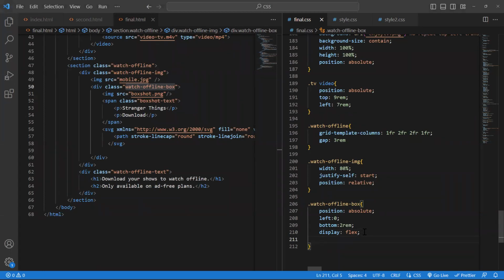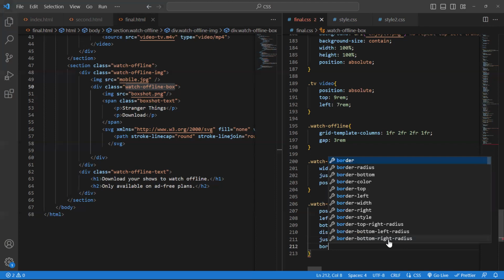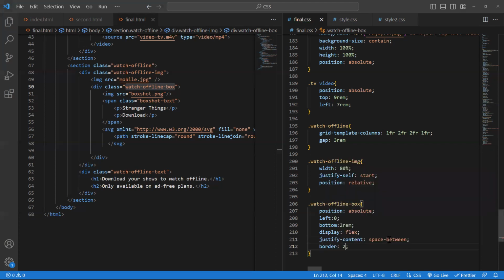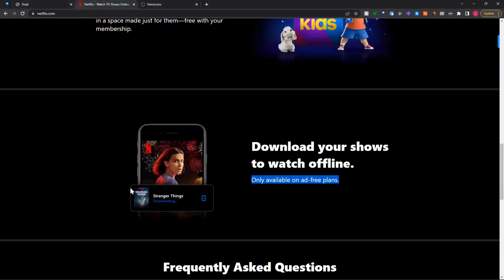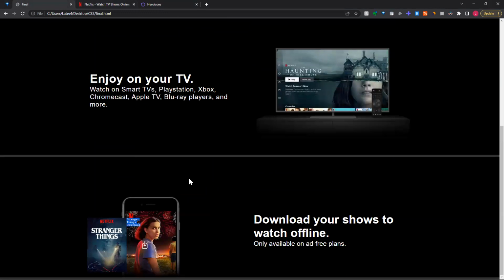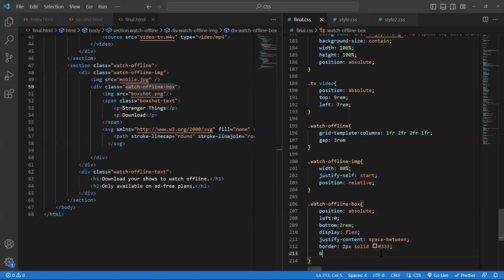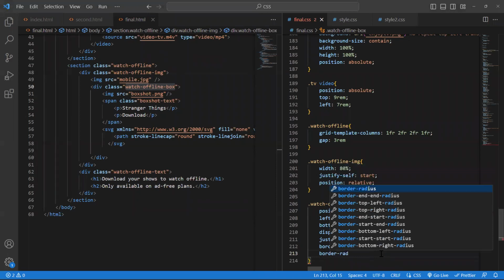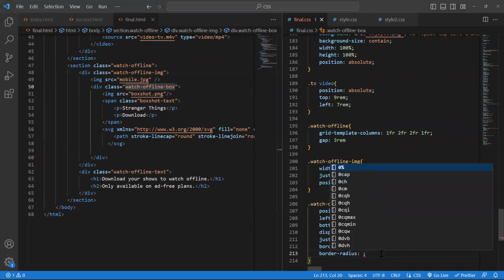We can justify it also, and then can give it a border. Also, I think you can give it some border radius just because of this curve over here. So we can give it some border radius. So the border radius we can give it to,